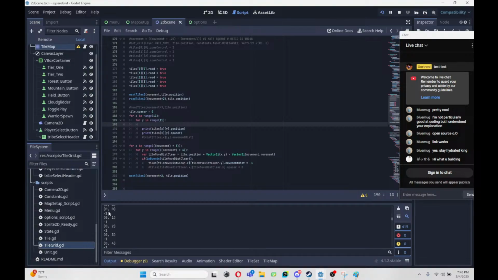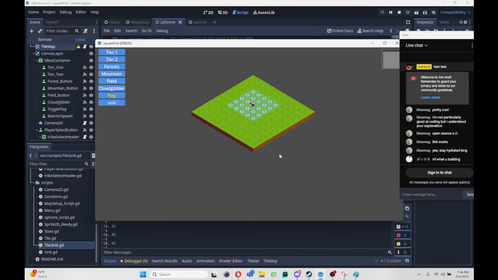Actually, let me check. Let me consult my graph here. 4, 4, right? 1, 2, 3, 4. Actually, we don't even need to care about 0, 0 because that's far enough away. So I think it's far enough away that it doesn't matter. So that's good. It means our spacers are working, which means the error must be with movement not working, which worries me a little bit, because